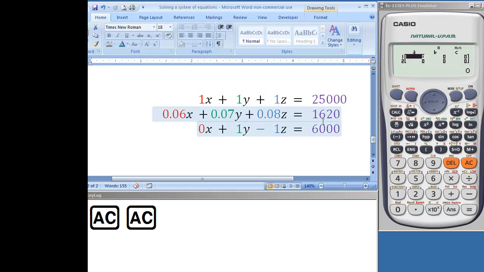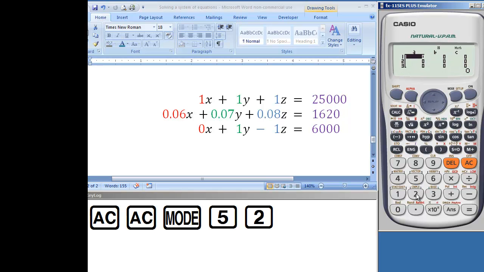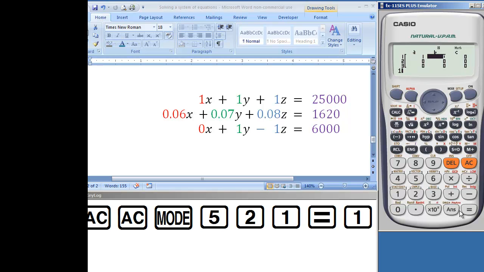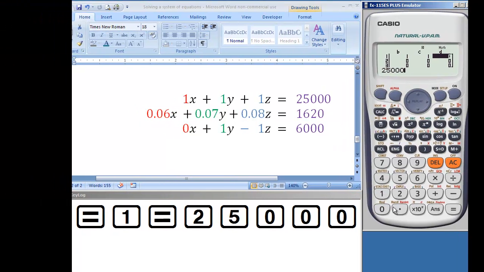Now we're going to have to go back to mode, hit equation again, and now we're going to select option 2 because it has x, y, and z equal to our constant term. Okay, so let's select 2, and we have our matrix, and once again we just enter in our numbers. So 1, 1, and 1, 0.06,